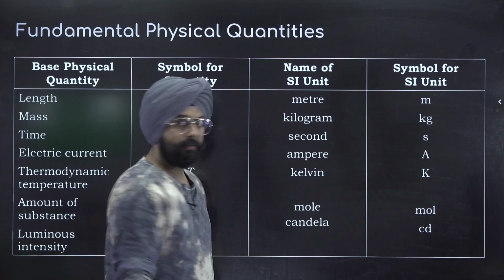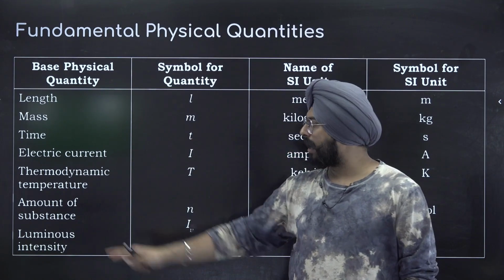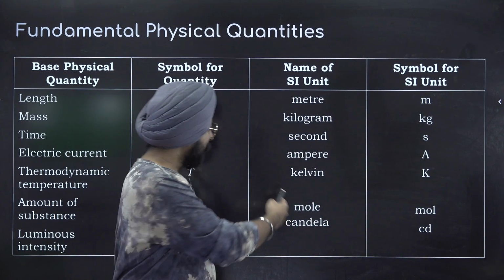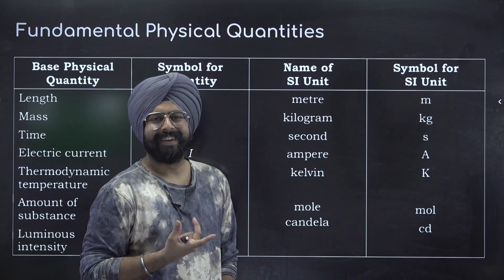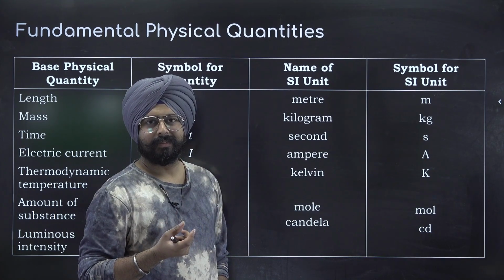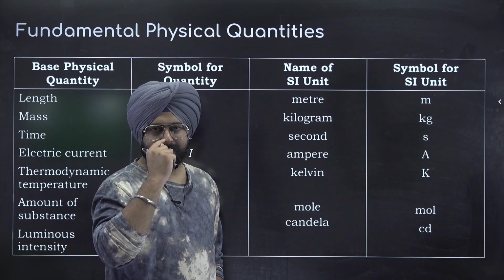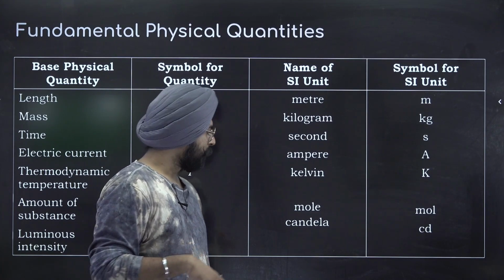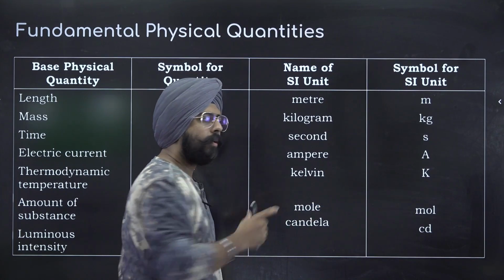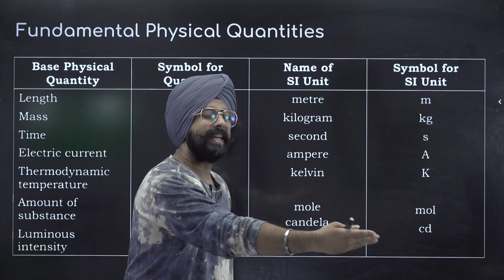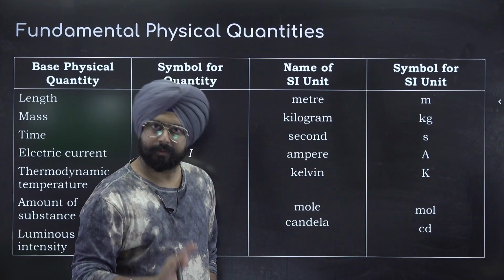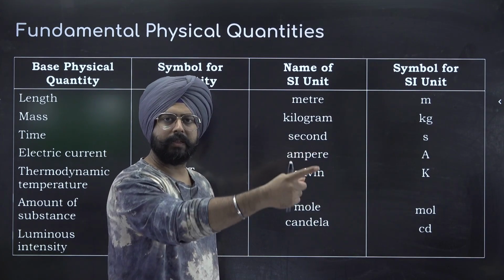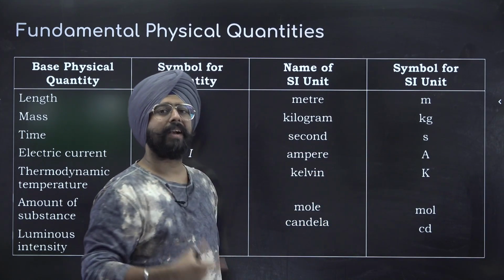Mole is the SI unit for amount of substance. What is this mole, sir? Mole sounds weird. Mole is a rodent. Mole is something that happens on the skin. Different meanings of the same word. But this mole is something that we will understand in the second class of this particular chapter. Fine. So, jo agli class hogi, whatever is the second class, we'll understand what the mole and the mole concept